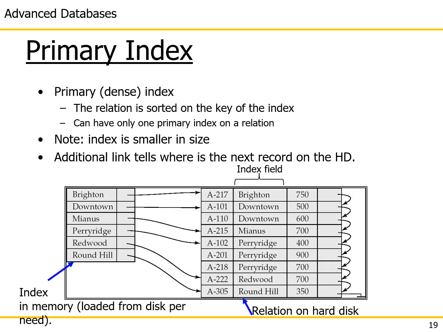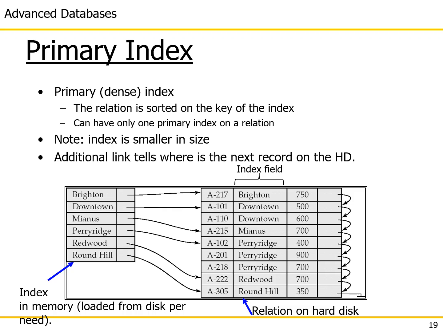If you look at the index, which is what appears on the left of the image, where it says index in memory, there is Brighton, there is Downtown, there is Minus, there is Perry Ridge, there is Redwood, and there is Round Hill. So from every value that appears, 1 instance is included in the index. So even though we have 2 downtowns, we included only 1. We have 3 Perry Ridges, we included only 1. Okay? Now, the assumption is that